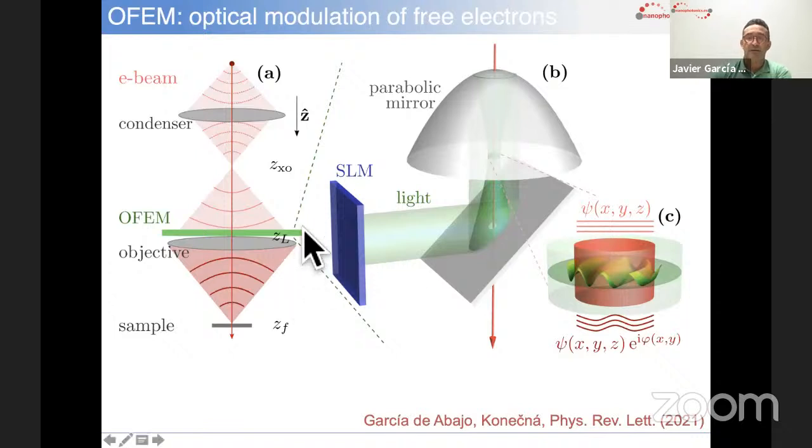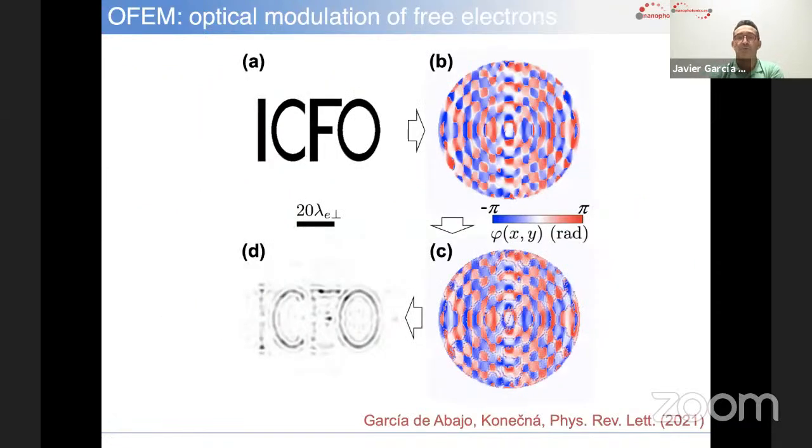And so what we have done here is just exploiting these latest advances. What we propose is the modulation of the electron. The electron would pass through here by just using a light that is spatially modulated in order to imprint this type of phase and control the electron shape. For example, you might want to have an electron that is focused at the position of the sample with a certain focal shape. This is the transversal